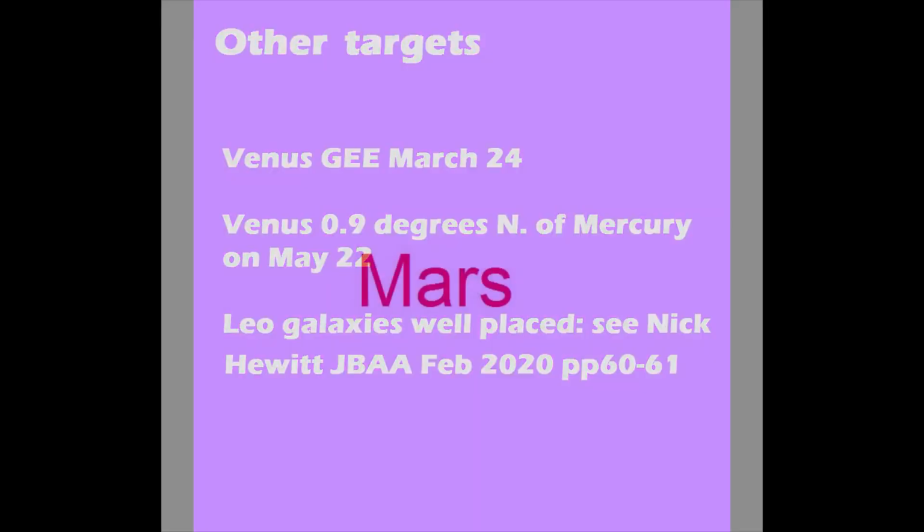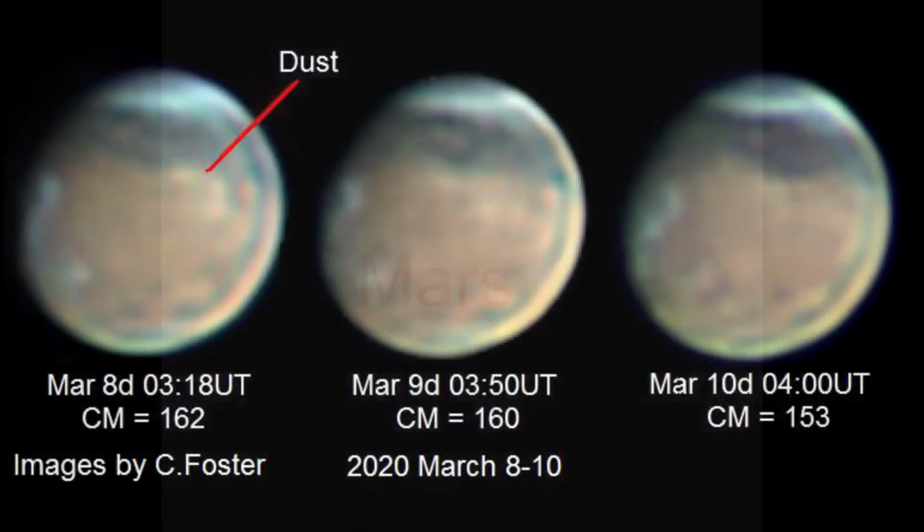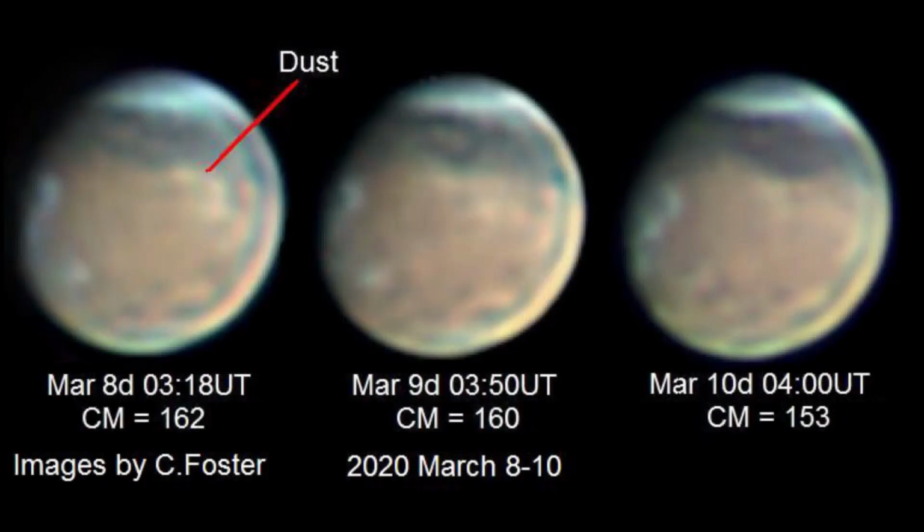I can't conclude Skynotes without mentioning Mars, so I'm going to mention Mars now. And Mars has been badly placed at the moment. It's in the morning sky, but it's very low at the moment, a very tiny disk of about 6 arcseconds. It's going to come to opposition in October, and it's going to be a very good opposition for Northern Hemisphere observers. But even at the moment, observers in the south are making very good observations.